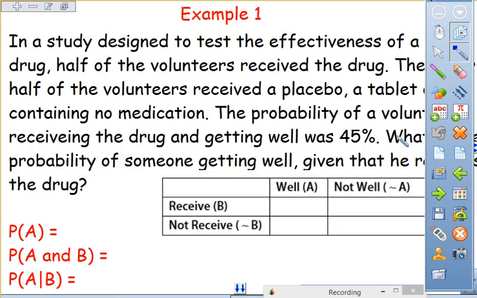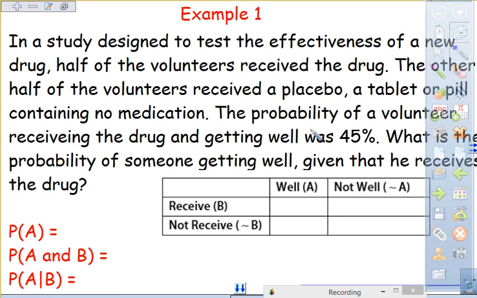In a study designed to test the effectiveness of a new drug, half the volunteers received the drug. The other half of the volunteers received a placebo. It's a tablet or pill containing no medicine. The probability of a volunteer receiving the drug and getting well was 45%. What is the probability of someone getting well given that he received the drug? So looking at our information,